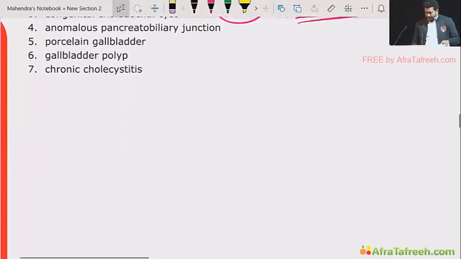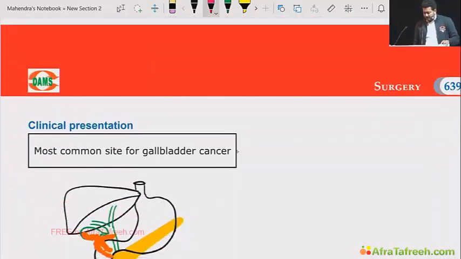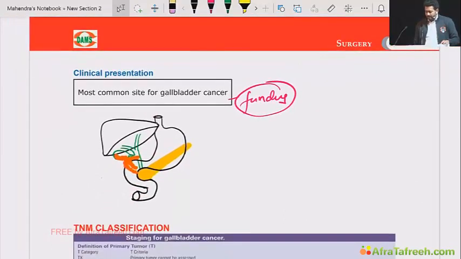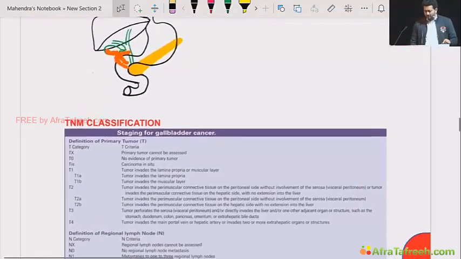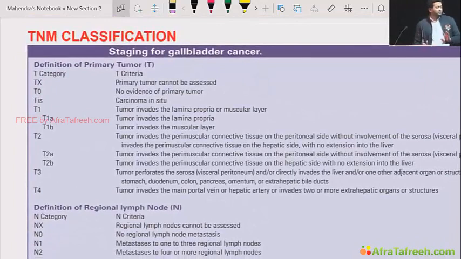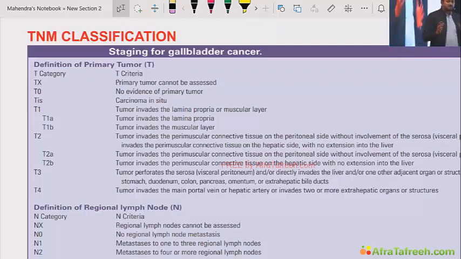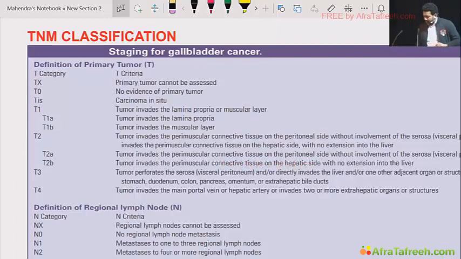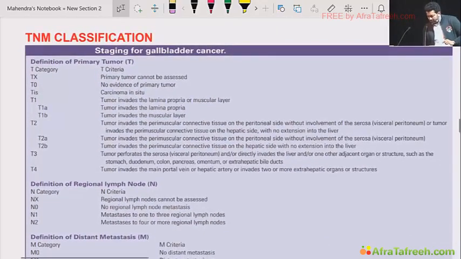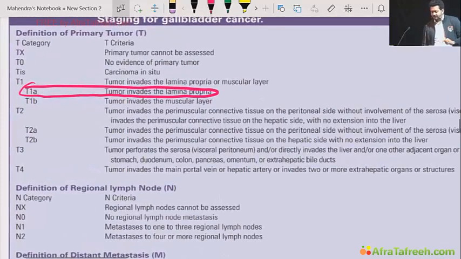Okay, so in gallbladder cancer, the most common site is the fundus. Now, I don't want you to remember the whole TNM classification. Just one thing you should remember, because the question you'll get is: suppose you have done a cholecystectomy for simple gallstones, but when the histopathology report comes a week later, it turns out to be a cancer. So if the cancer is involving only the lamina propria, that is T1A, then the treatment is only